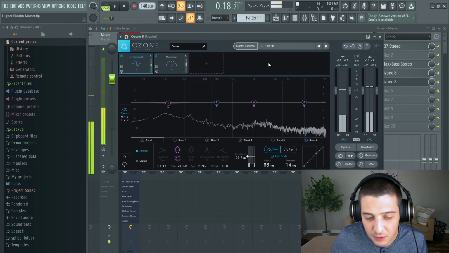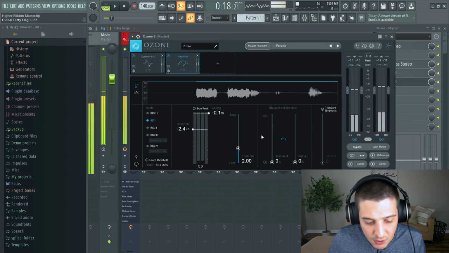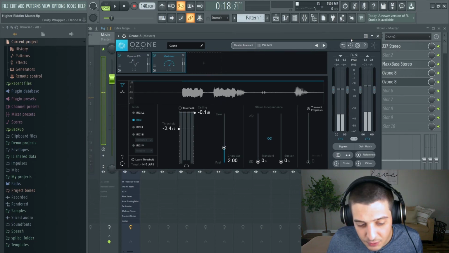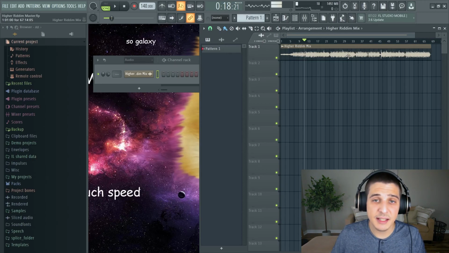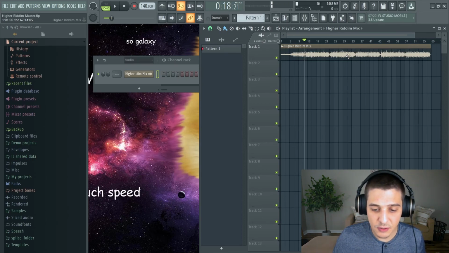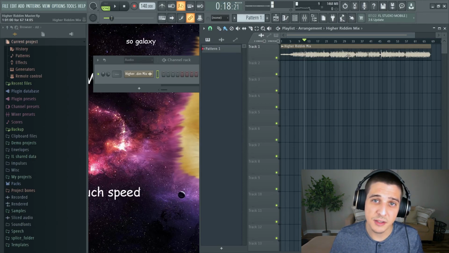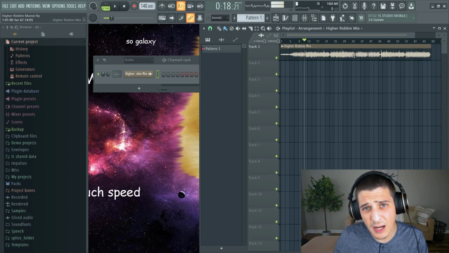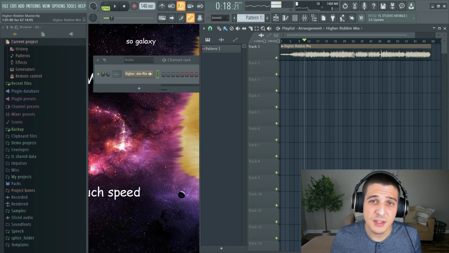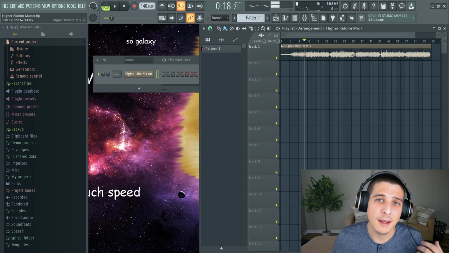And then final limiter here, bringing us up to -14 LUFS so that this translates well between different streaming companies. And so that's the idea. We got our mix where we're mixing all the instruments together, balancing things, making sure they sit right. And we've got a master where we're putting the final shine over everything. And that's the difference between the mix and the master.